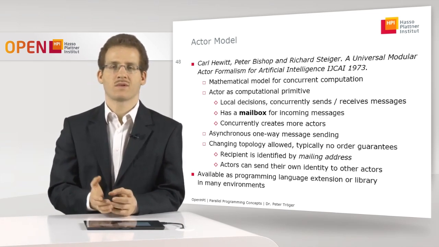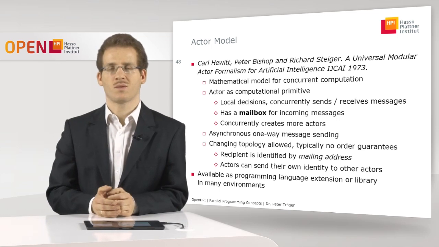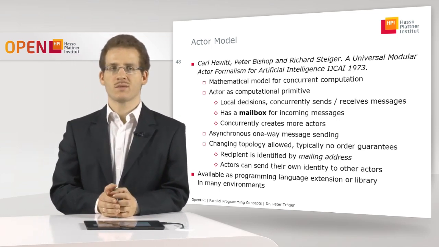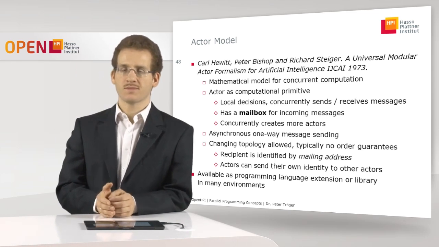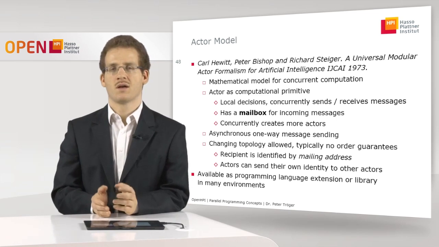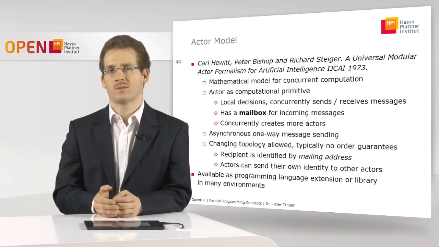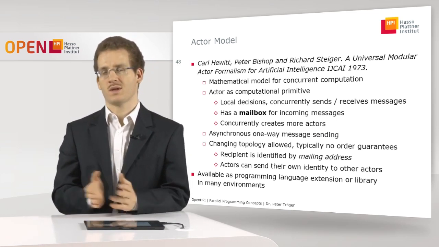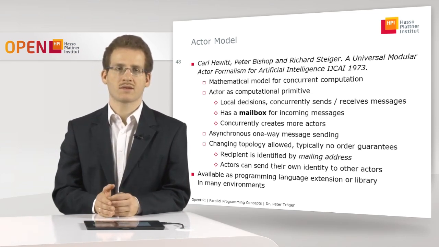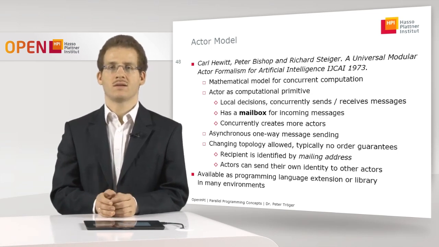So this would be something like an application instance running on one of the nodes in our shared nothing environment. And this computational primitive makes local decisions. And based on these local decisions, it either sends or receives messages. So until here, this is very common to what we have already seen with, for example, MPI or the channel model. The interesting aspect about actors is that they behave a little bit more dynamically than the other models we